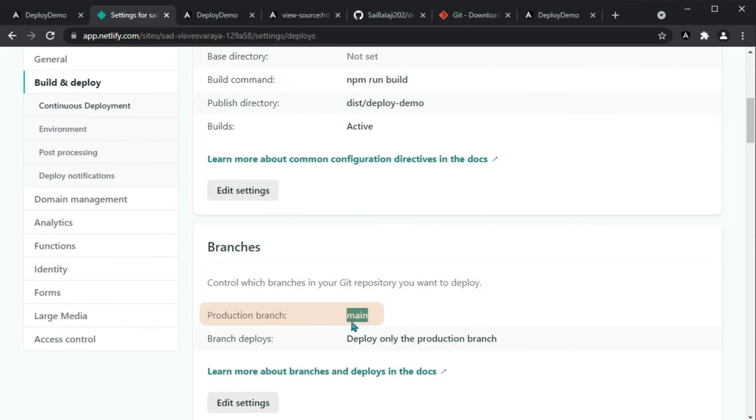Suppose consider like you are working in some experimental feature along with your friends, which you don't want to publish immediately. Means you can make use of other branches. Like you can create a new branch in order to work in that feature. You can do whatever changes you want. You can collaborate with your friends in that branch. And then once you are done with all those changes, you can merge the changes of that branch to your production branch and then push it to your GitHub repository. That's it. Only now Netlify will come into the picture. It will generate a build for our project and then it will redeploy the site.